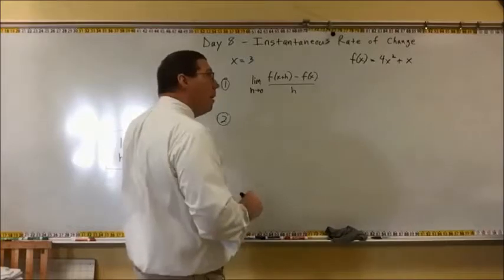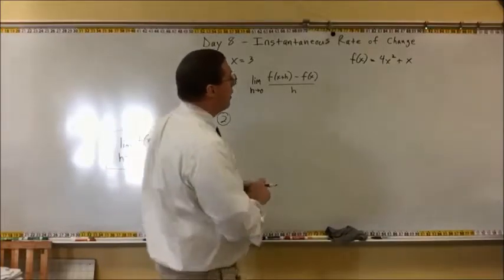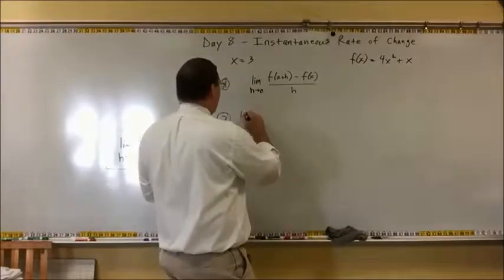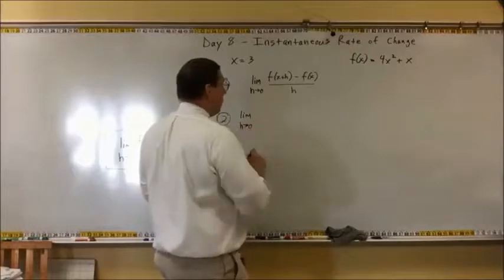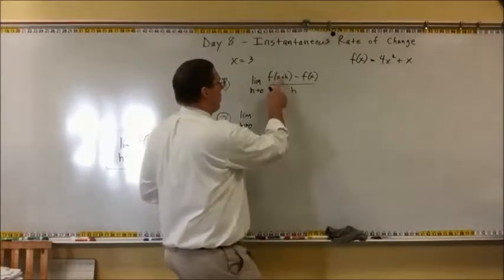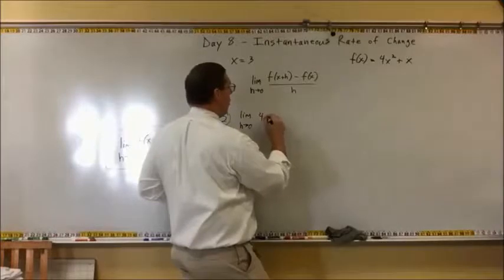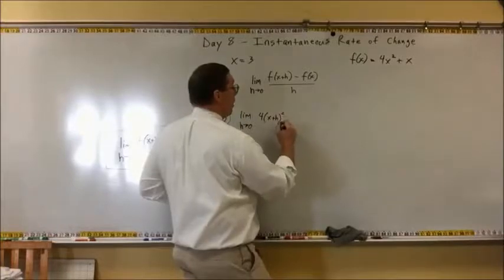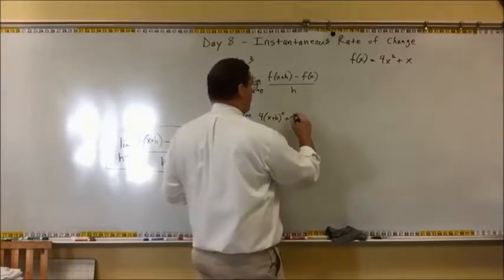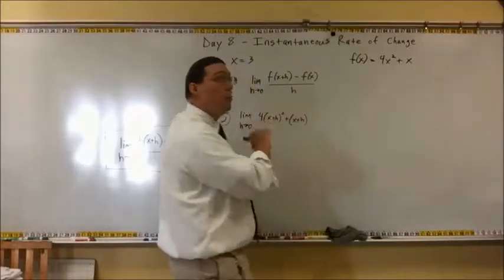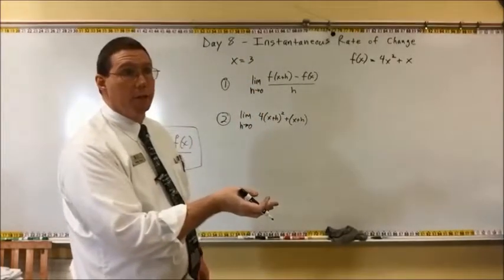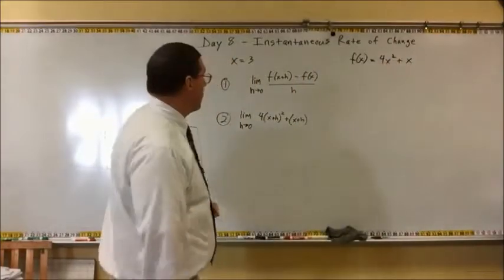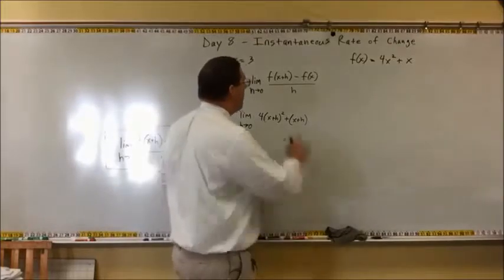Step 2. What am I going to write in here? You know what? Let's do this. All right, so the limit as h approaches 0, right? All right, what am I going to put here? You're going to put 4 times (x plus h) squared plus 8 times (x plus h). Well, look, everywhere you see an x, we have to put in an x plus h. We got an x here and an x here. Both of them have to get an x plus h. Right? It's okay. We're good. Minus